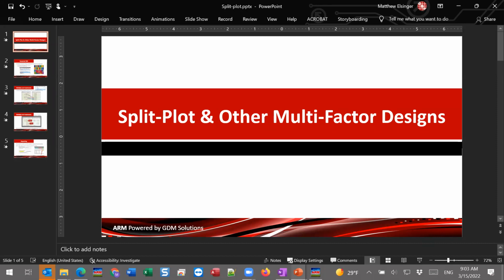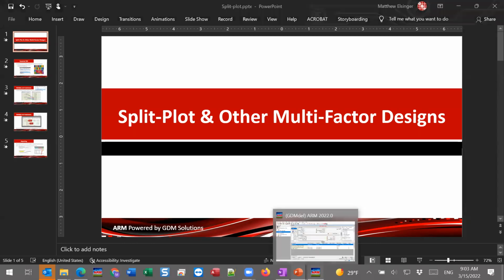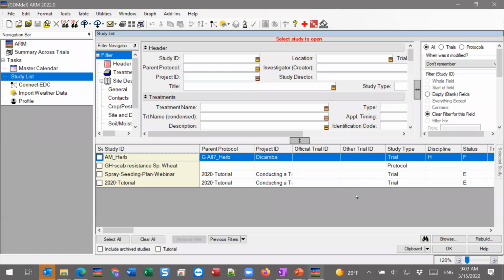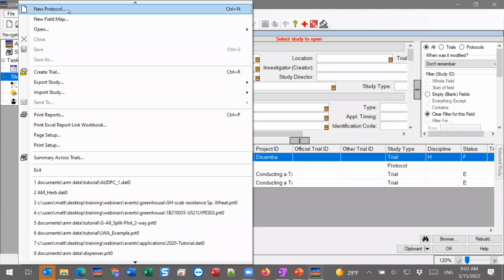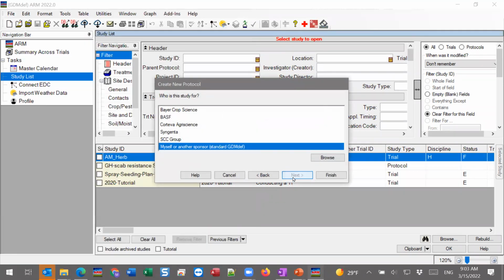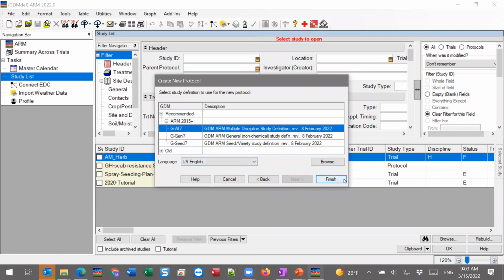So I have some slides that we will come back to back and forth just to highlight a couple of newer features that have been added recently that pertain to this topic. But primarily here, we're just going to go over to our ARM. And I'm going to start by just creating a new protocol. And we'll work on a